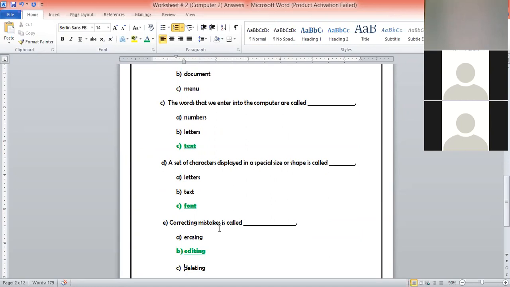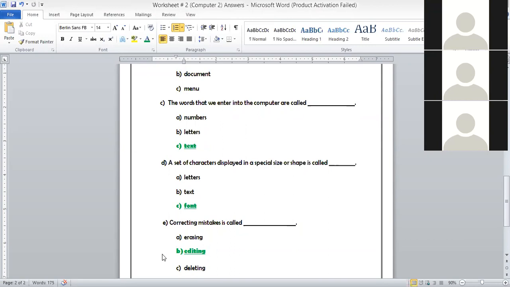So now my question is, what is the spelling of a mouse? Let's see who knows it. Ahmad Yusuf, can you tell us the spelling of mouse? Editing is the right answer.